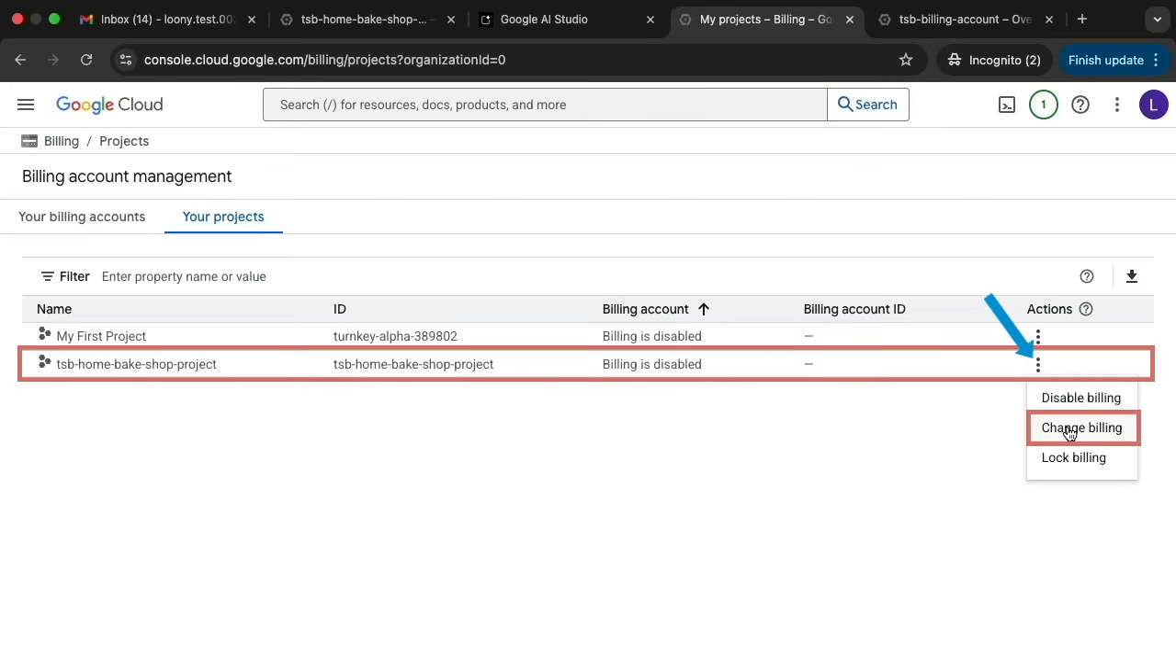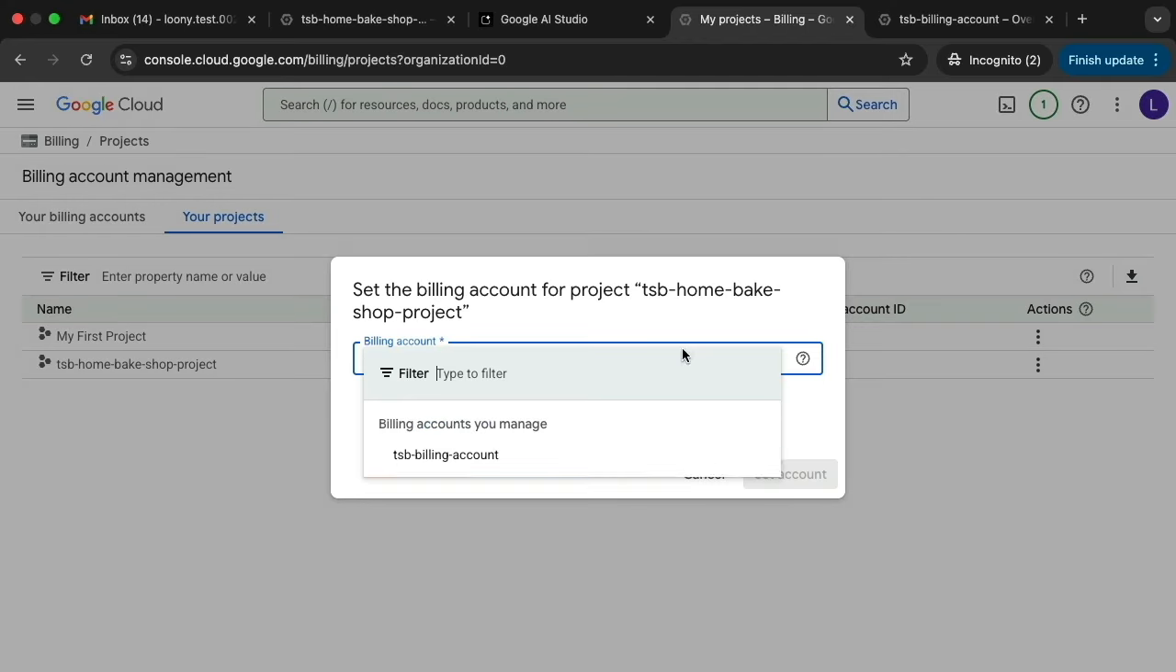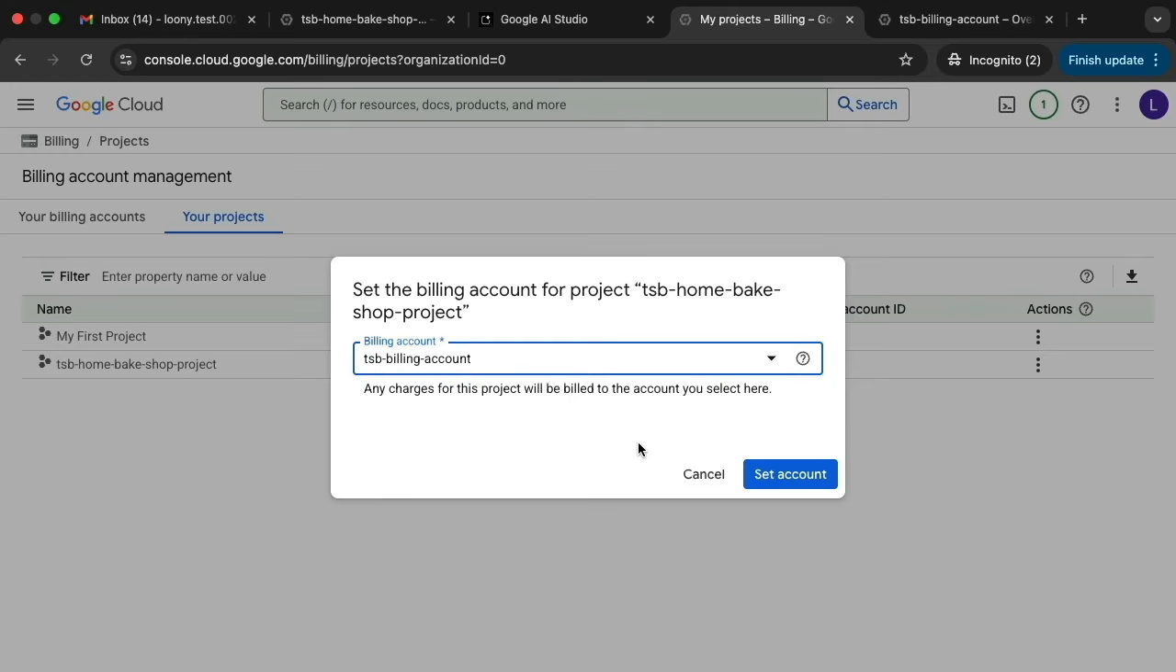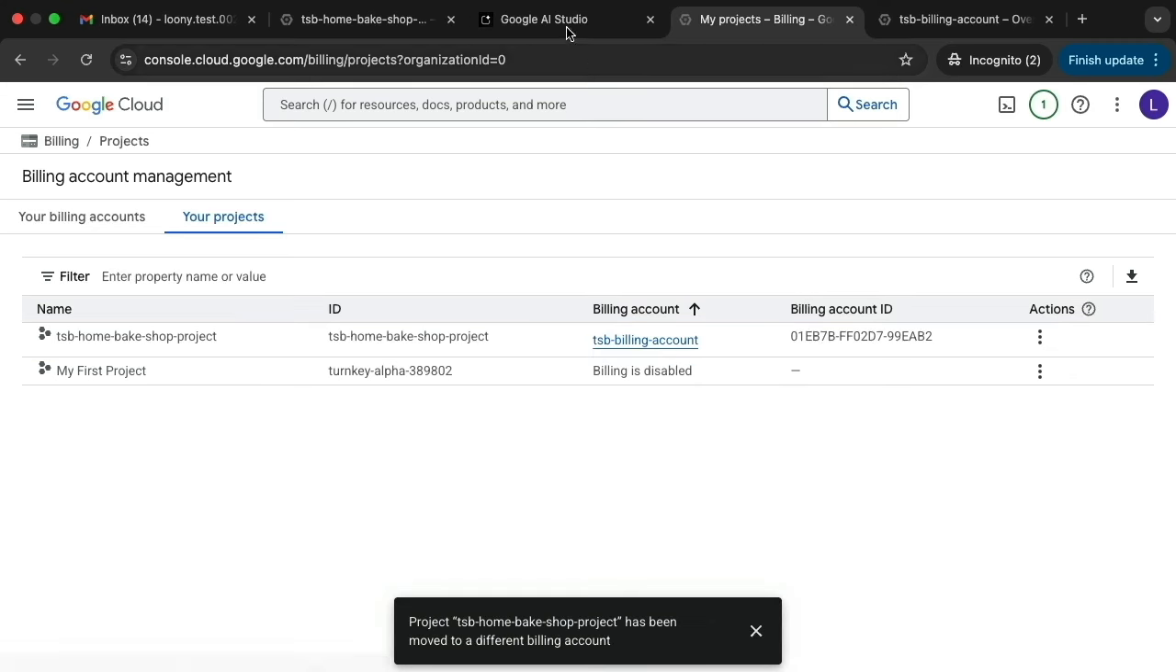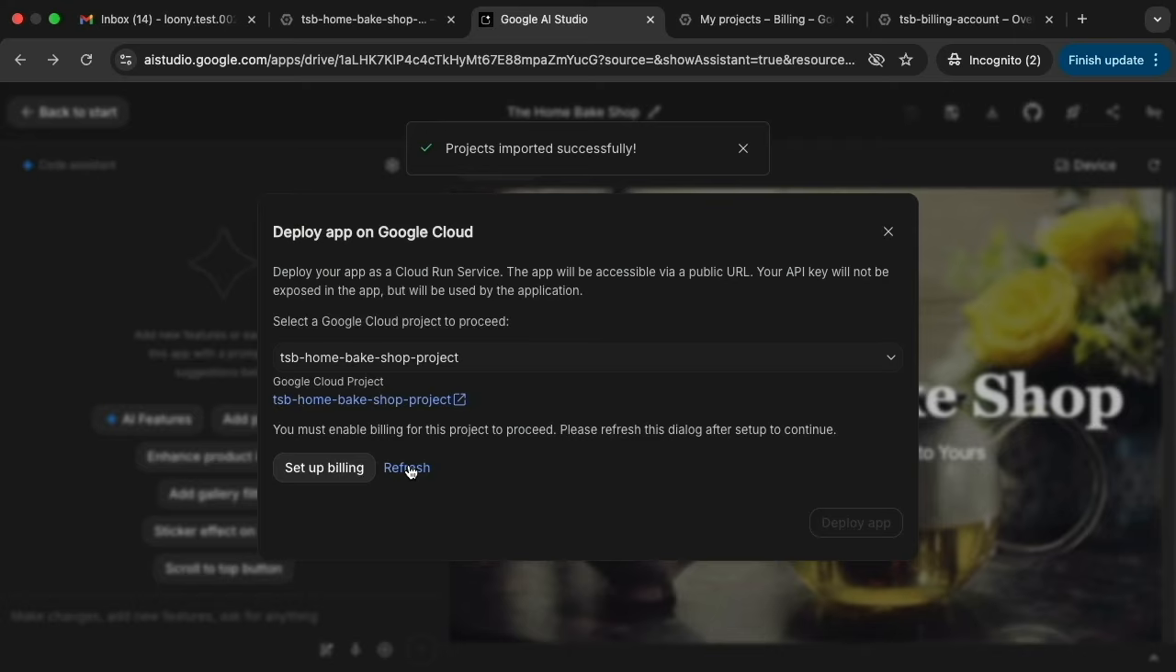Go ahead and click on the three dots, select Change Billing, and then select the billing account that we just created, TSP Billing Account. This will ensure that our UPI payment instrument is associated with this project. Any cloud resources that we use in this project will be paid for using the UPI payment instrument that we'd configured. Back to AI Studio and back to what we were trying to do, trying to deploy our website to